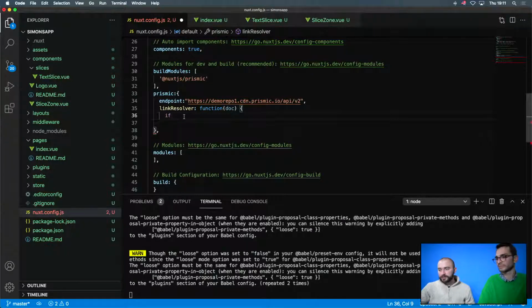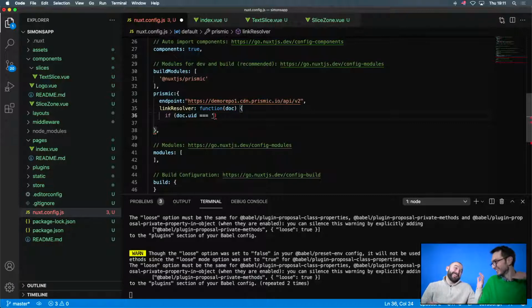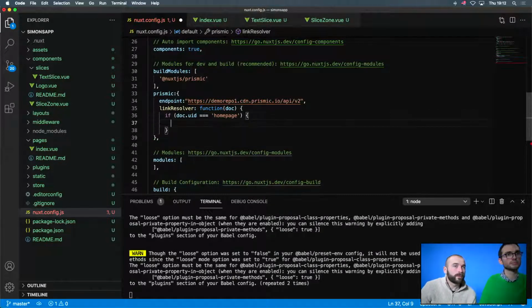It's fine. Let's do if and round brackets, right, and you say doc.uid equals, triple, double, triple and single quotes. Apostrophe. Yeah, that's apostrophe. Homepage. Yeah, you can get rid of the double quote after. Okay. And then curly brackets after your closed ones. So curly bracket open. Yeah. Enter. And you say return